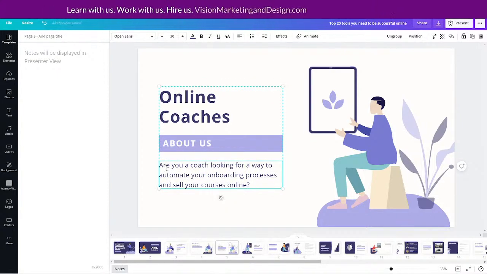So online coaches, are you a coach looking for a way to automate your onboarding processes and sell your courses online? Okay, so if we're saying, are you an online coach, we definitely need to reword this, but I'm not going to focus on it right now. Again, we're just trying to get the information where we think it could go.